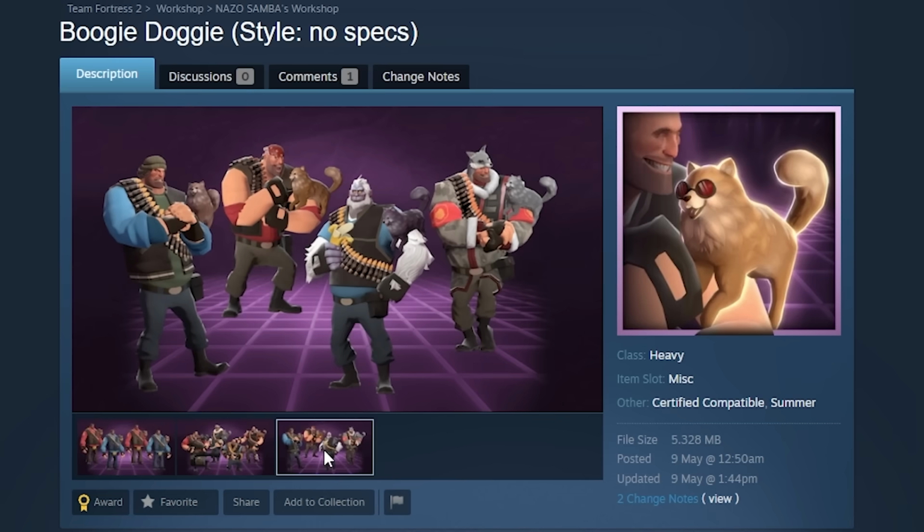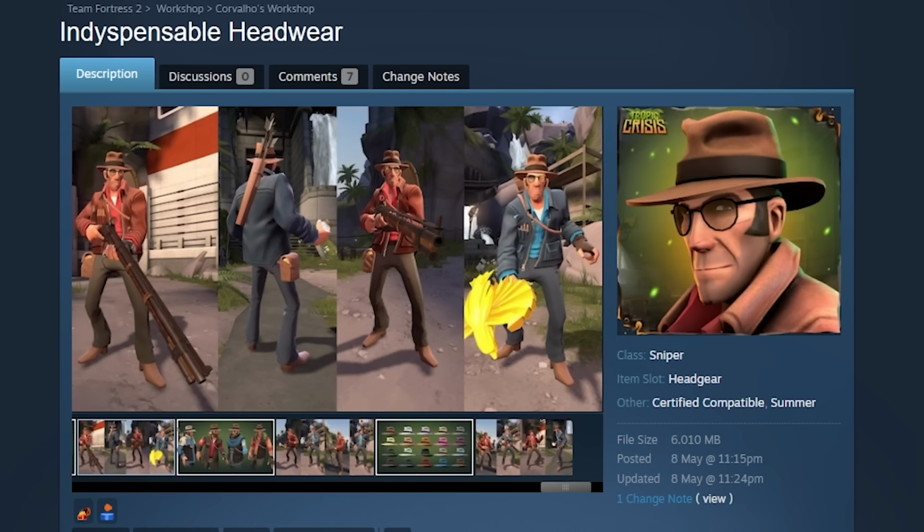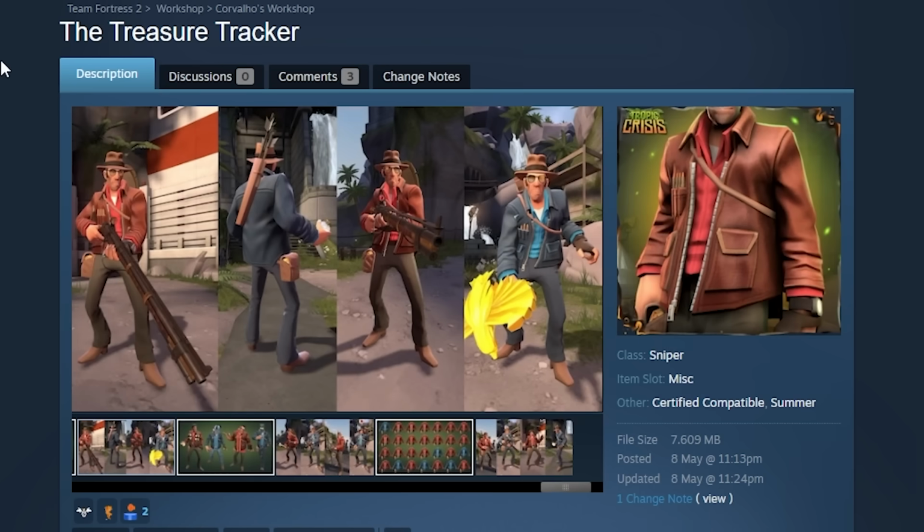And it's a dog with glasses. I mean, that's perfect. That's really cute. Indispensable Headwear is a sniper hat, and it also has the treasure tracker attached to it. Like it's a little set that goes along well with each other, and it's a part of the Tropical Crisis